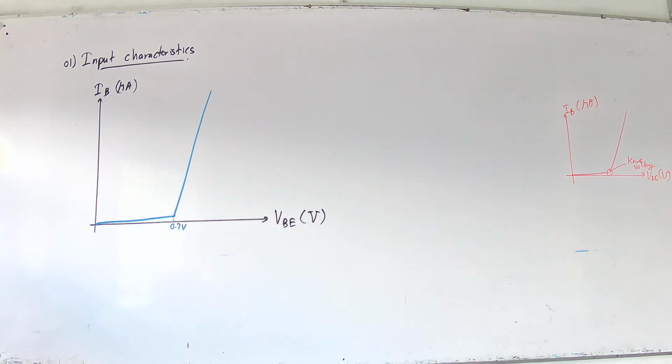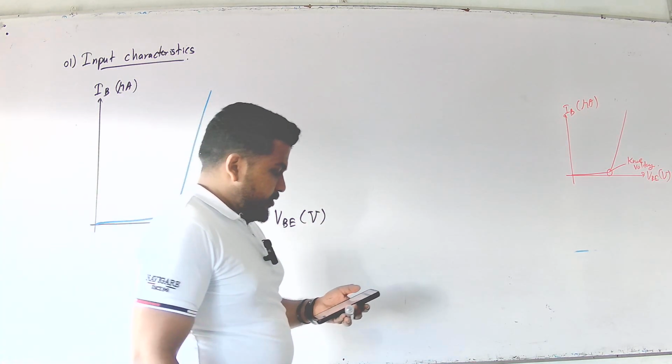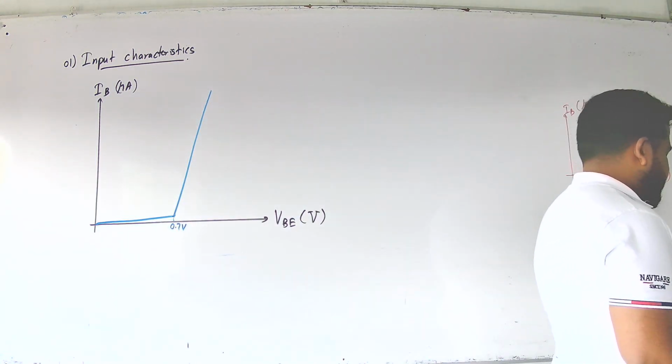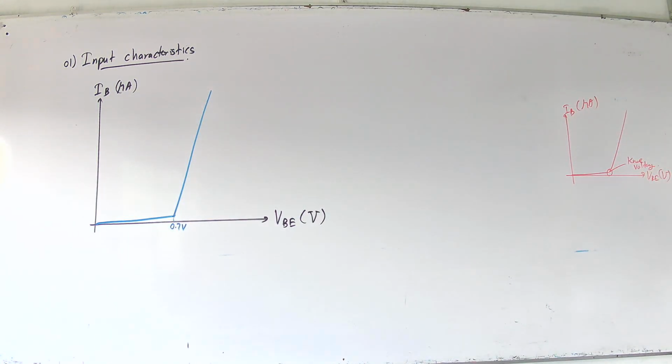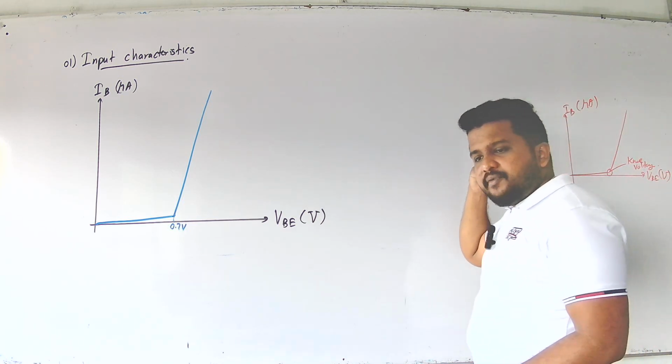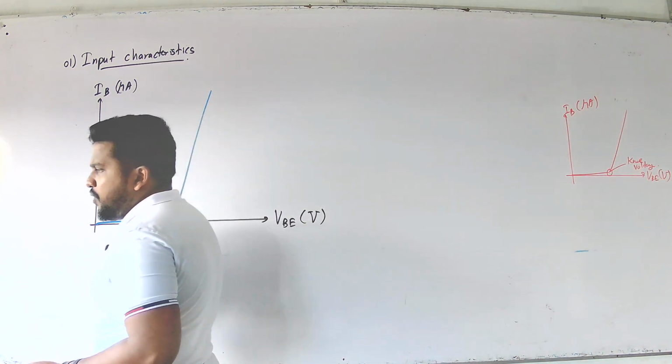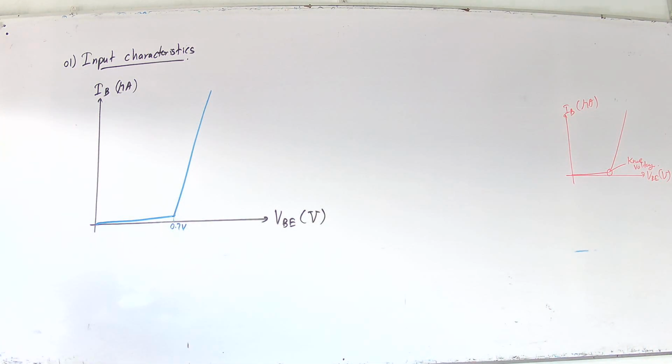It can be seen from the curve, up to the value 0.7 volt